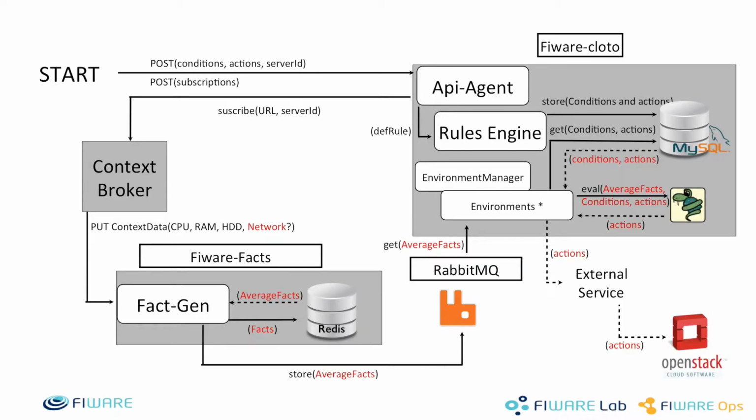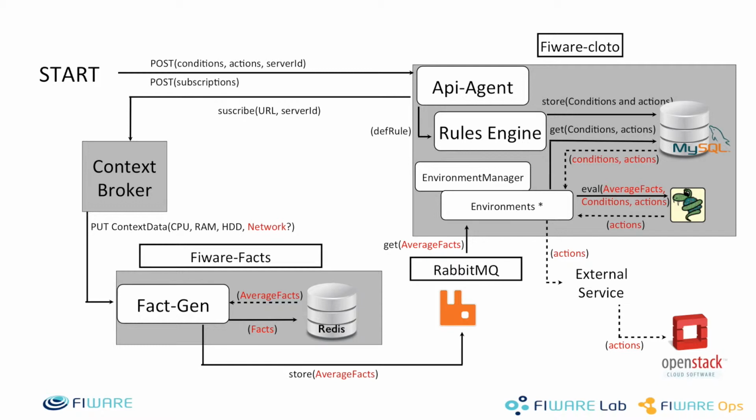Going deeper into the functionality, this is a real working flow in the Policy Manager. The flow starts with a post request, which contains conditions, actions, and the server ID of the server affected by the rule. The API engine takes care of storing those conditions and actions into the database. Once the rule is created, a second post request should be performed in order to subscribe the server to a defined rule. The user sends the request,